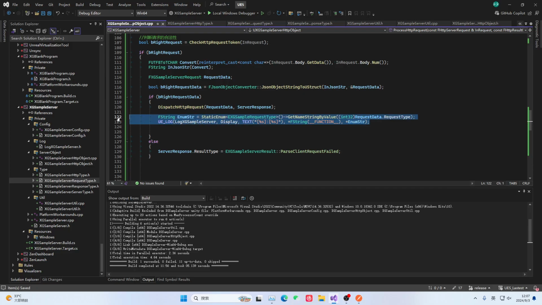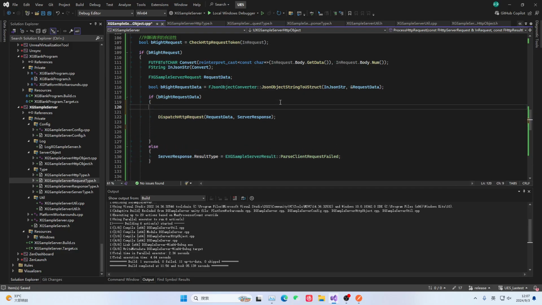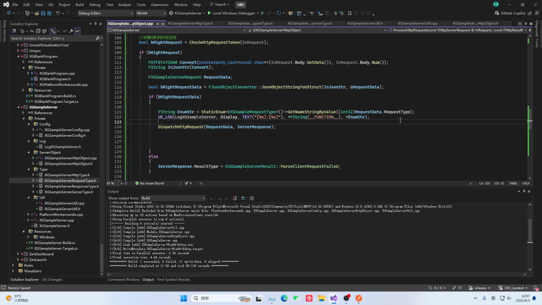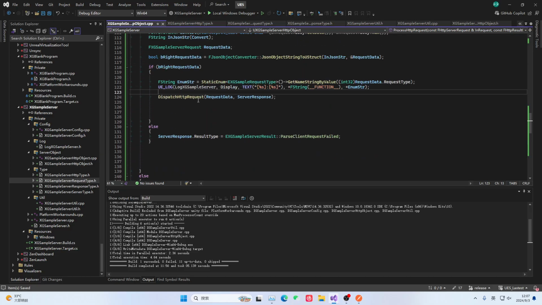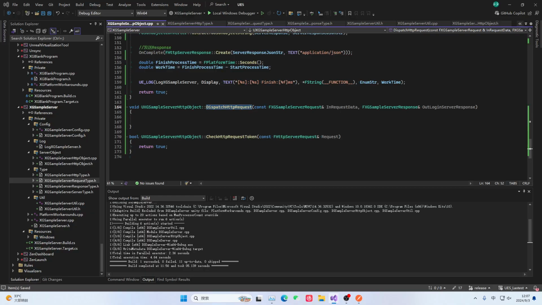Since it records the request here, we will move it up here, like this. This makes it a bit more reasonable, and this part is essentially completed. Record the final completion information. Then next, we will proceed with the distribution work. For this distribution, we need a switch. At this point,